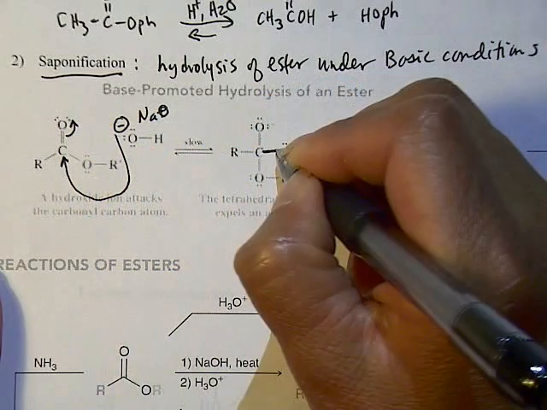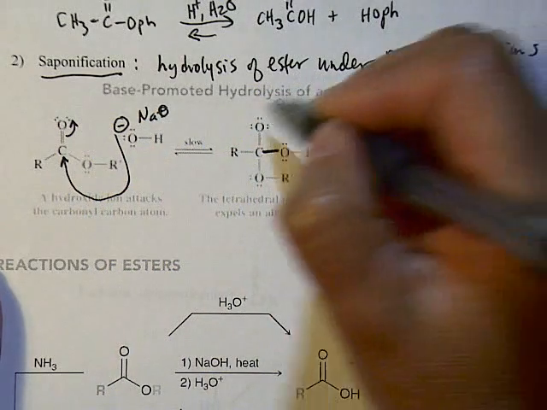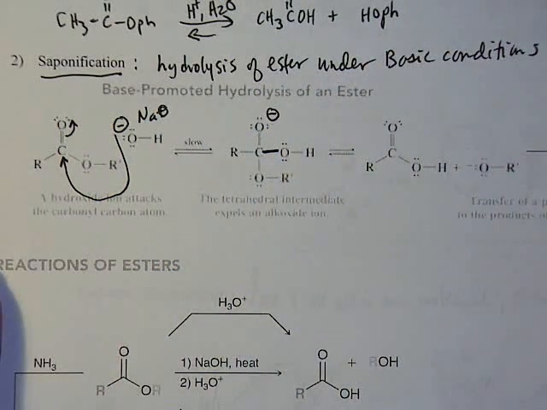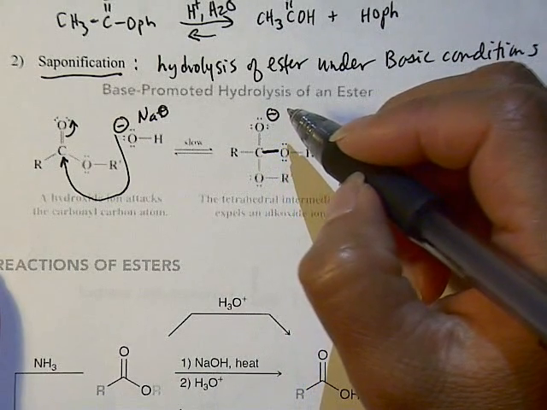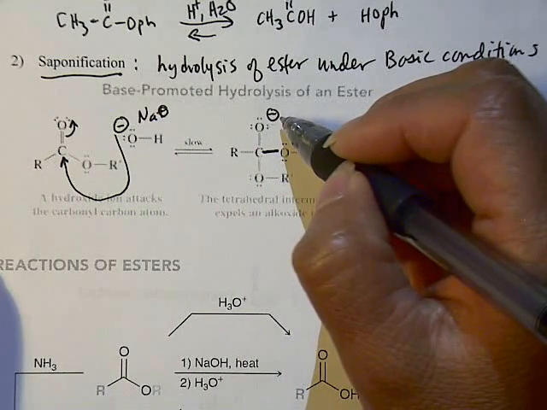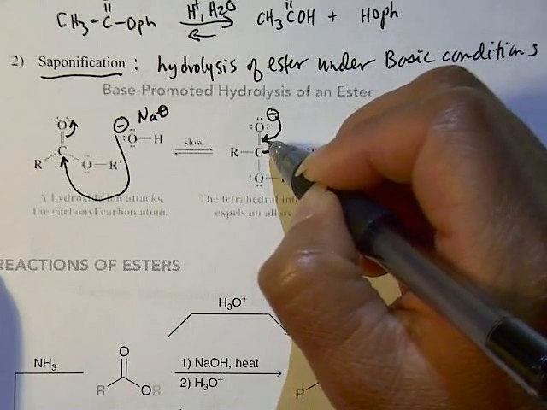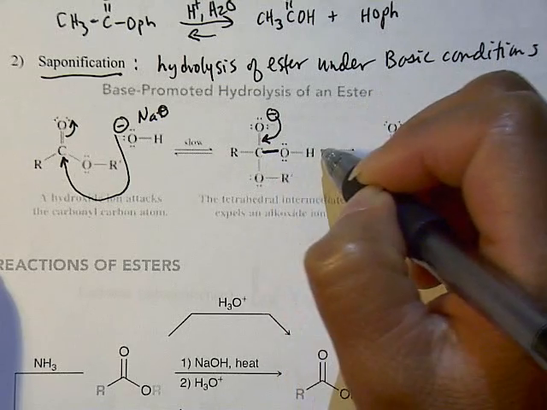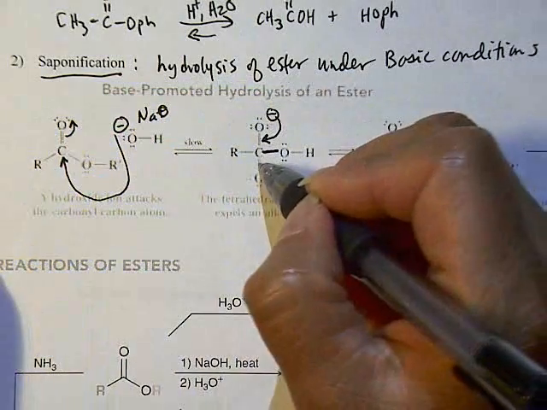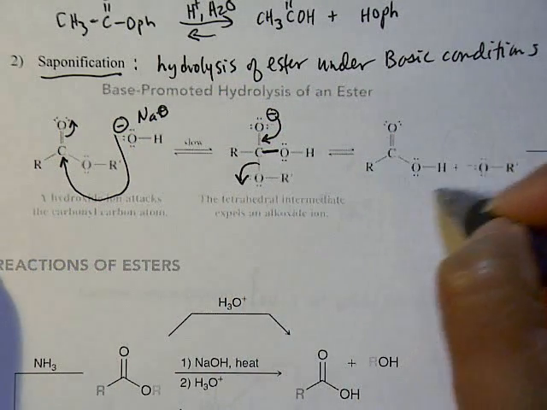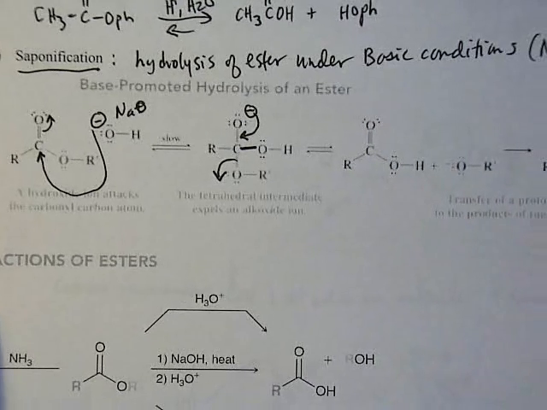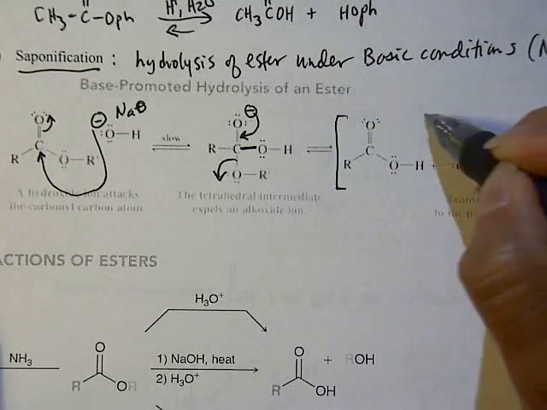So you're forming right away this oxygen carbon bond and forming an O minus. And this is okay because we're doing everything under basic conditions. So O minus is going to be around it, and it makes sense that you have a negative charge species around. So that's going to come down, and this time instead of kicking out the OH, which would be the reverse, it will kick out the OR group, and then you'll form this carboxylic acid, but that's going to be an intermediate